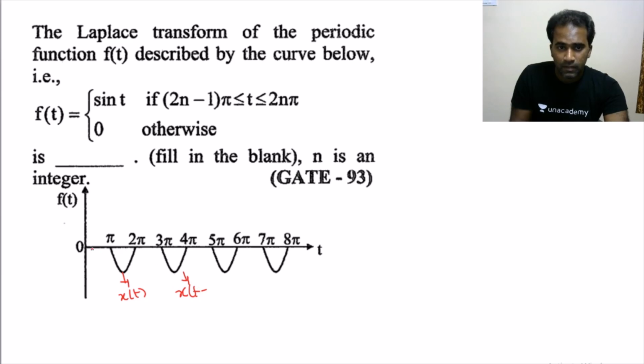Okay. So this is from 0 to 2 pi, and if you shift the signal by 2 pi, then we get this signal, x of t minus 2 pi. This is x of t minus 4 pi, and so on. Or you can use the general formula also, no problem. So f of t can be written as x of t plus, in this case, capital T is 2 pi here,